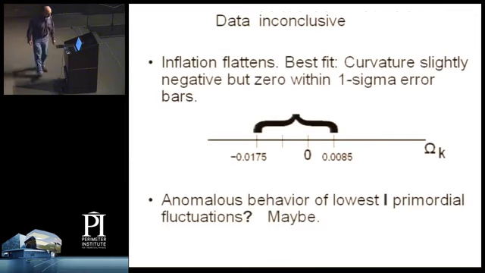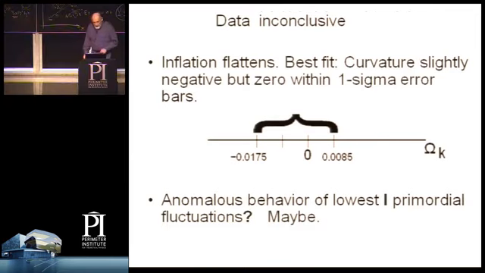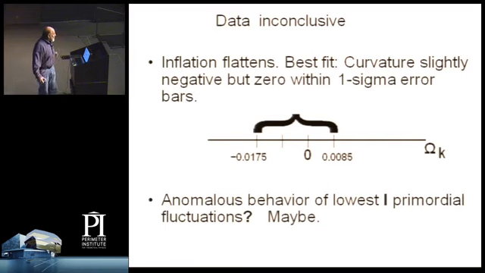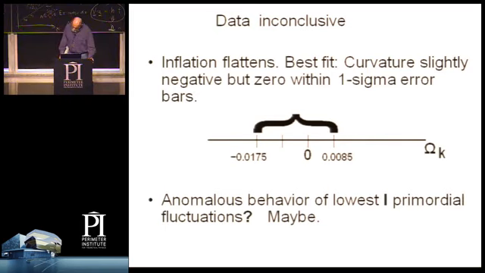And of course, inflation tends to flatten everything, and so there's a prejudice in favor of very, very flat cosmology. The data is inconclusive on this, and it may become conclusive, but in any case, the best fit is that the curvature is ever so slightly negative, but definitely zero is well within the error bars, slightly shifted to the negative. One shouldn't take that seriously, obviously, but it may be that in the relatively near future, we will pin down the error bars on that much better.